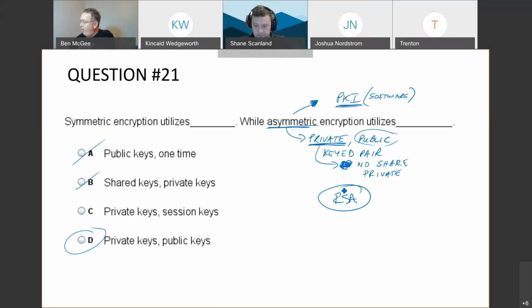So here at Cyber Protects, why don't we have a PKI? We install a PKI server. That PKI server is using RSA, which is asymmetric. And then for each person that we have,